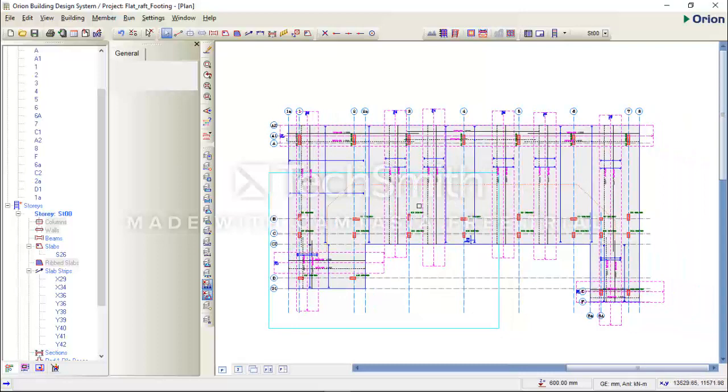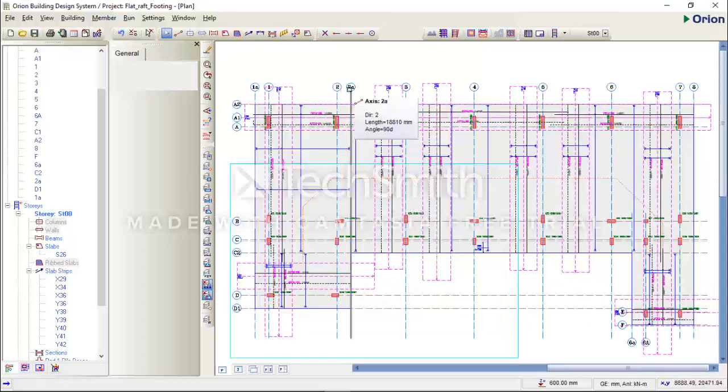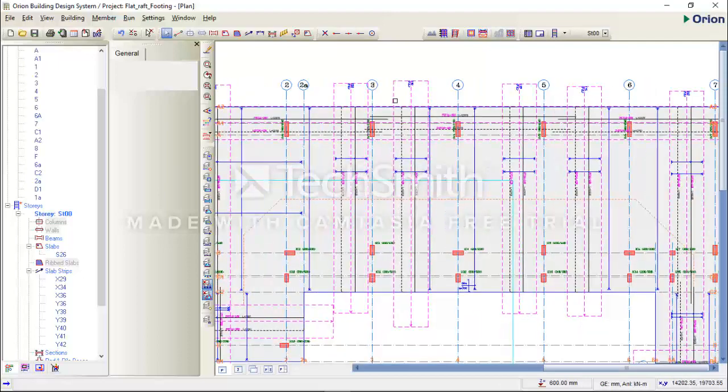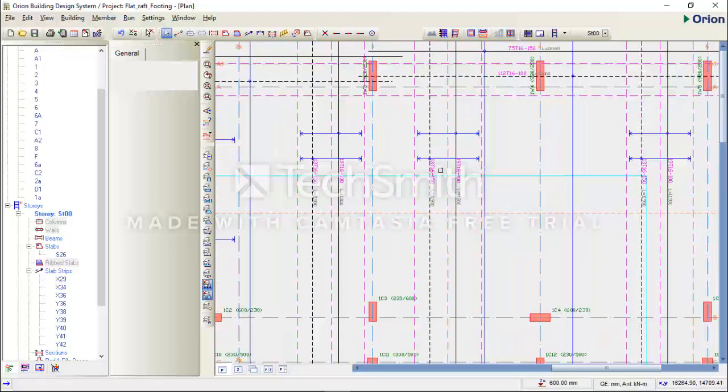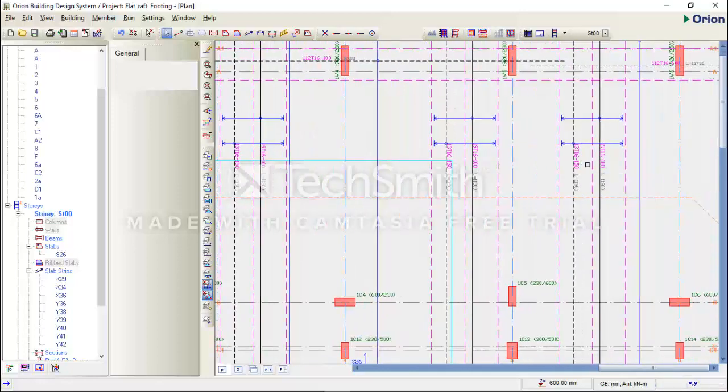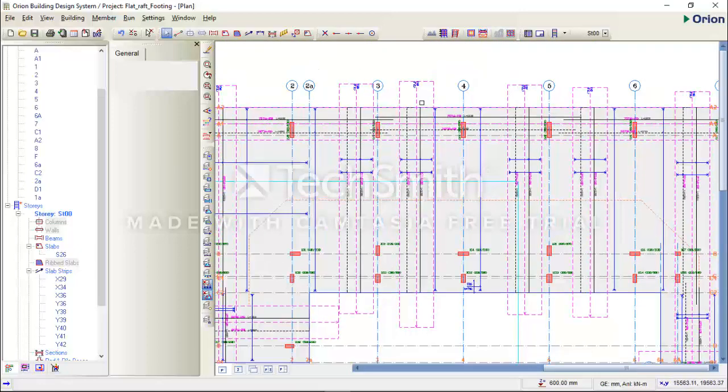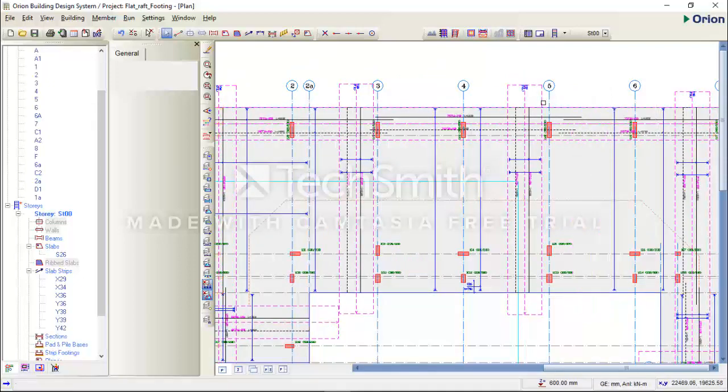I'll do the same thing for area 2A to 6A. I have 4 strips between 2A and 6A. So you check this 150 at 100, 150 at 100, 150 at 100, also 150 at 100. They are the same area specification. So just delete one of it. You delete 3 of the strips and leave one. So I've deleted 3 strips and I'm left with this.